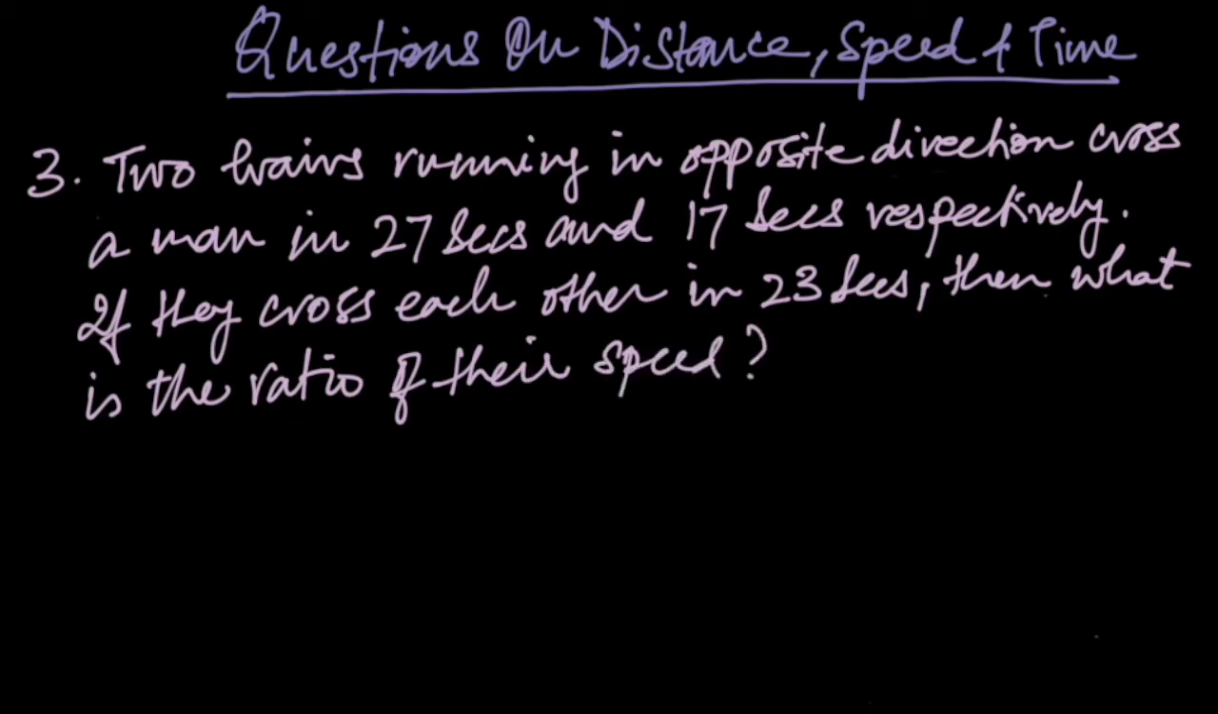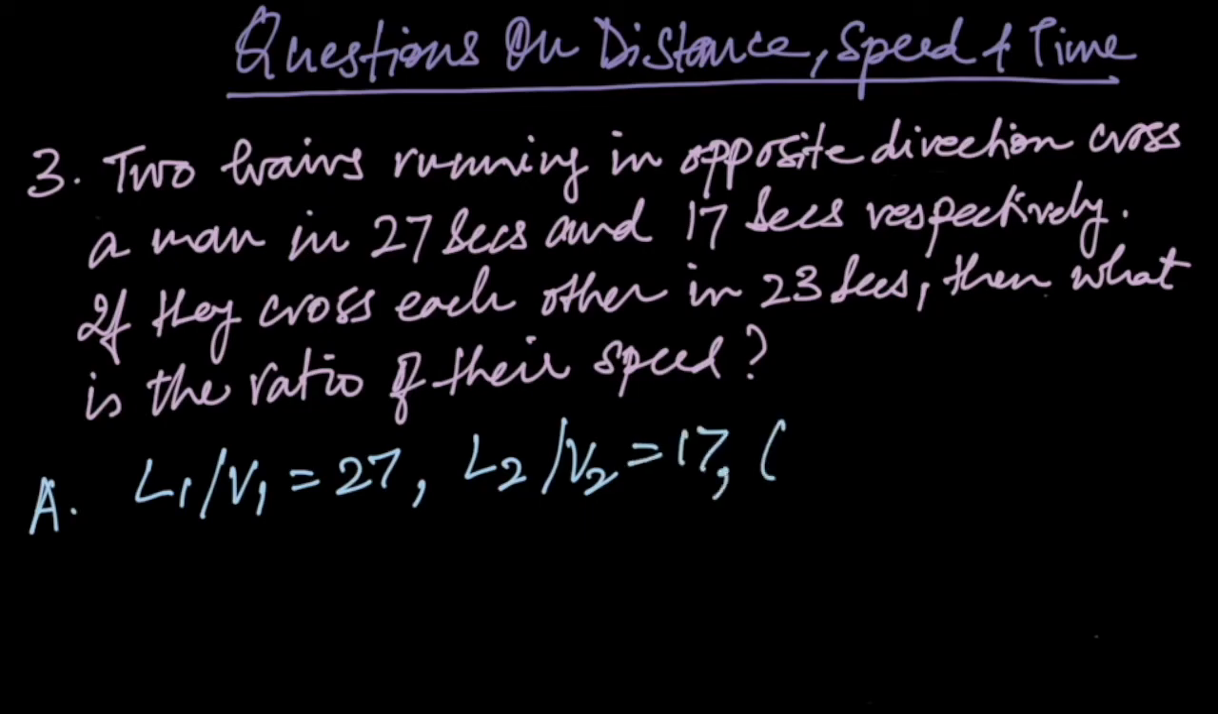So if the length of the first train is L1 and its speed is V1, then L1 over V1 is 27 seconds, and if the length of the second train is L2 and speed is V2, then L2 over V2 is 17 seconds. So now when they cross each other, their relative speed is V1 plus V2 and their total distance is L1 plus L2. So if we solve these equations,